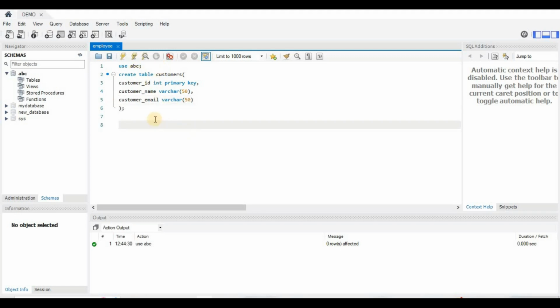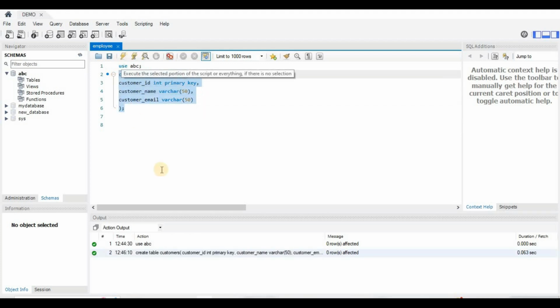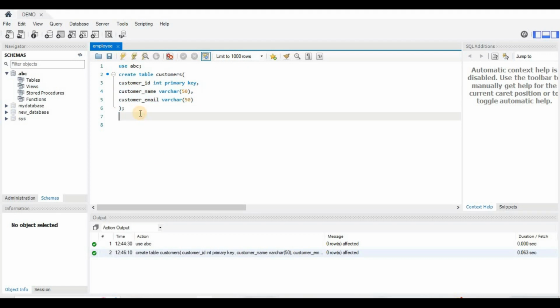So now we have created a table with customer ID, customer name and customer email, and we have made customer ID the primary key, which is a unique thing in this table. If I select this and run it, we have created the table.